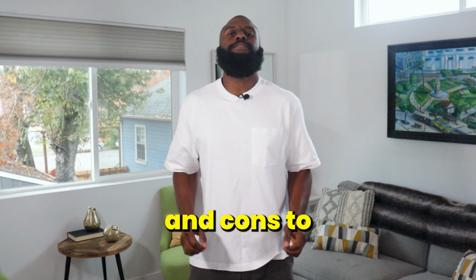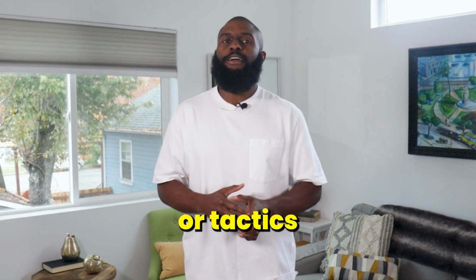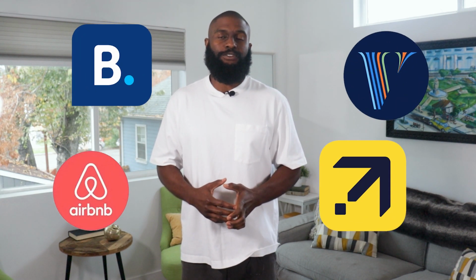There are pros and cons to every short-term rental platform and specific methods or tactics that you can use with each of them. But I specifically like to use this method because of a few specific reasons that we'll be talking about today. Now, it goes without saying, but there are already a few major players for short-term rental platforms. So we're going to go over some of them to give you a little bit more context if you're unfamiliar